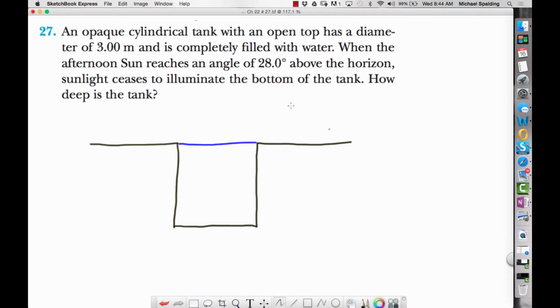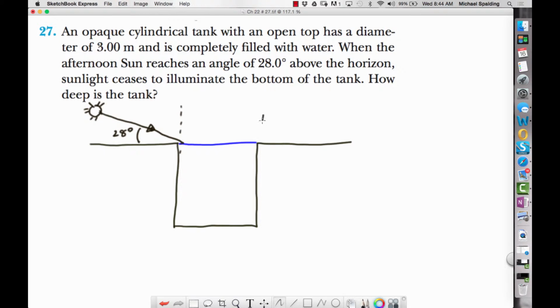And they tell us that when the afternoon sun reaches an angle of 28 degrees above the horizon, we'll say here's the sun up here. The light ray from the sun comes down like this and hits the water. 28 degrees above the horizon is like this. Sunlight ceases to illuminate the bottom of the tank, which means that the refraction that occurs here, the refracted ray,